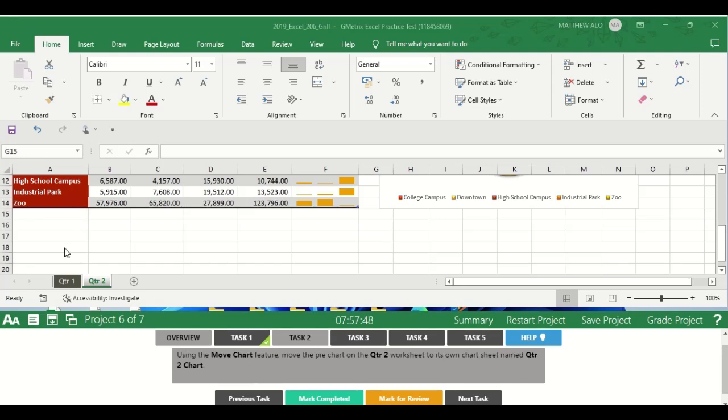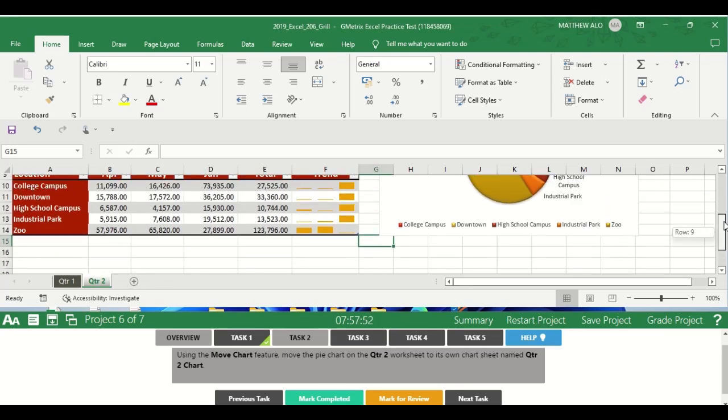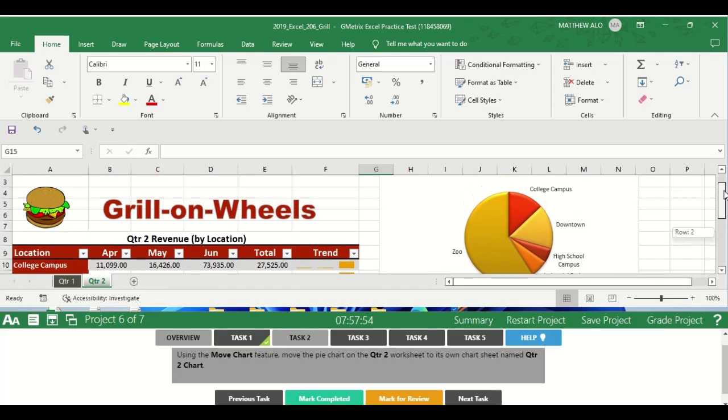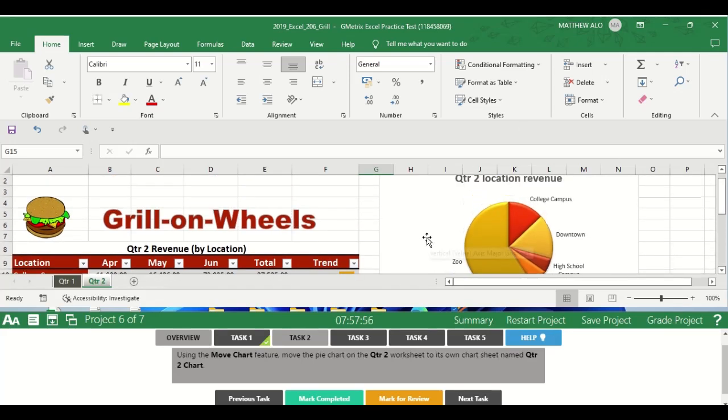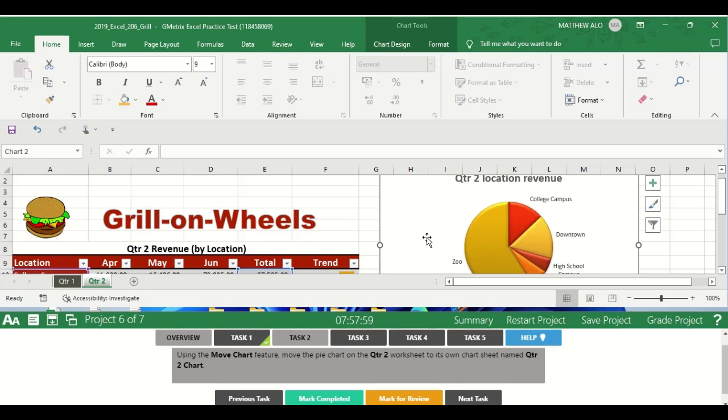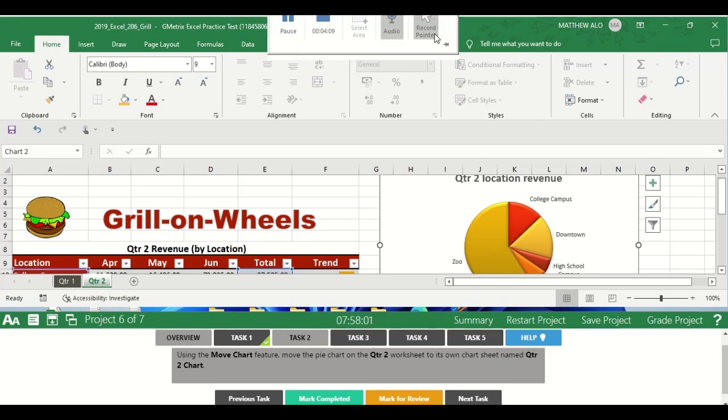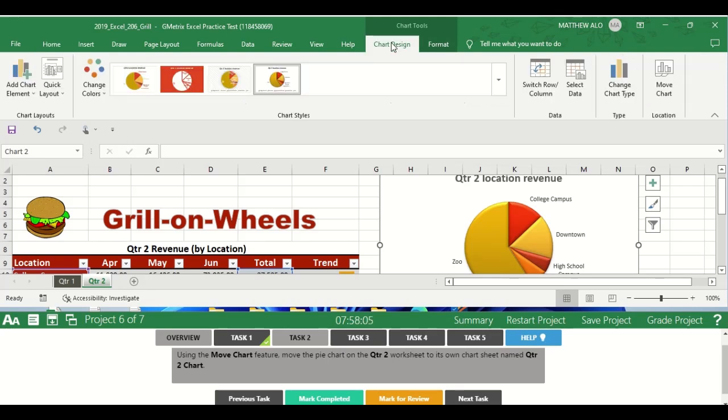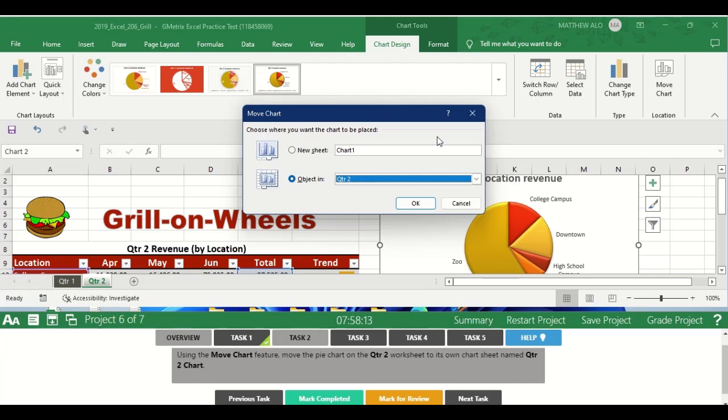So on the quarter 2 chart, so this is the chart. On the quarter 2 chart, you select it, then the chart tool, chart design, then in the location group, right here, you select move chart, then select new chart and name